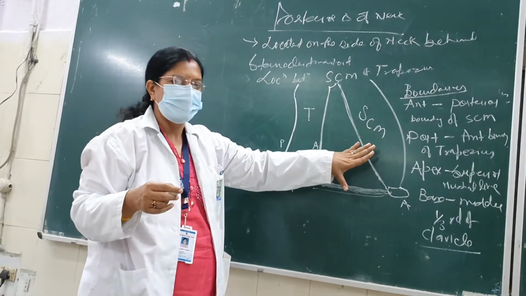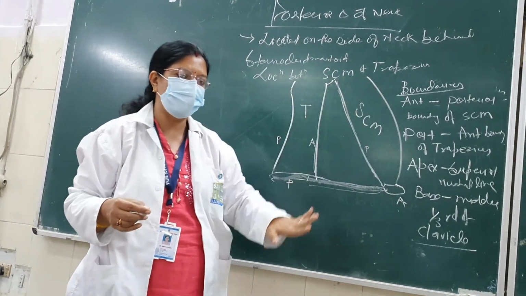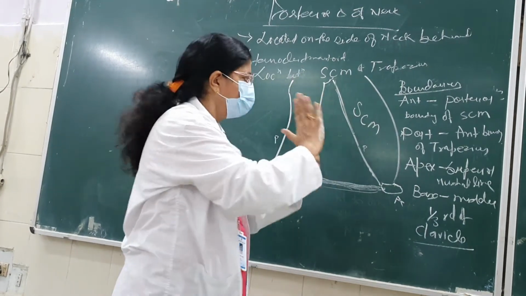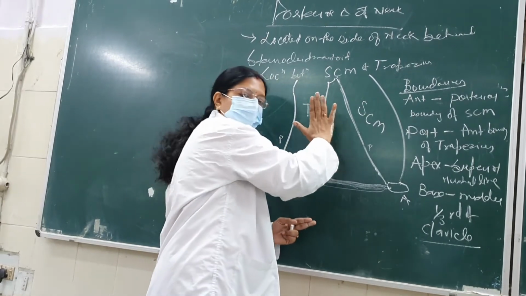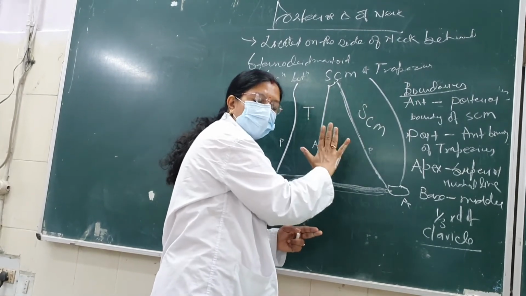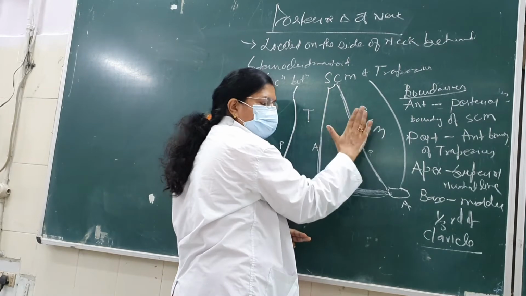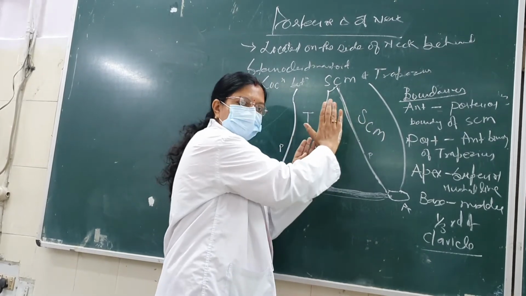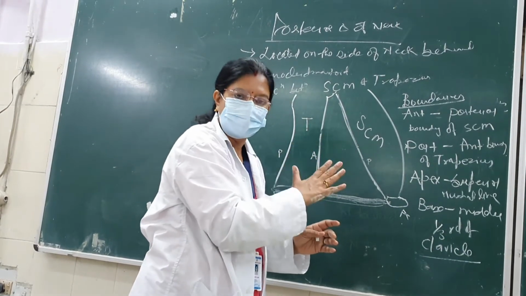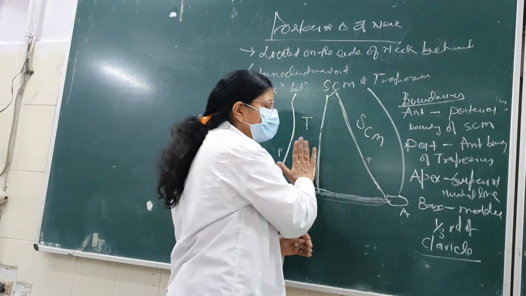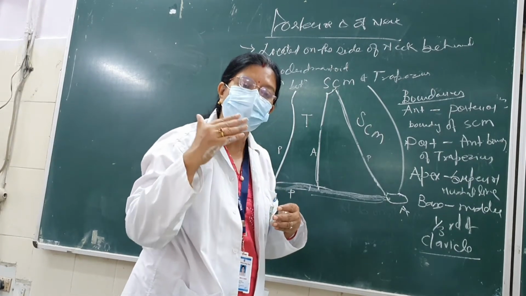Now, any triangle or any structure, in all the triangles we have studied, there must be a roof and there must be a floor. Like we start dissecting from above. If this is the triangle, and this is the dead body, the cadaver, we start dissecting from above. The structures which come on the way of our dissection till we reach the floor. If we start from here, removing the skin and then the layers, the innermost structure will be our floor, the floor of that triangle, and the structures we have to remove serially will form the roof of the triangle.